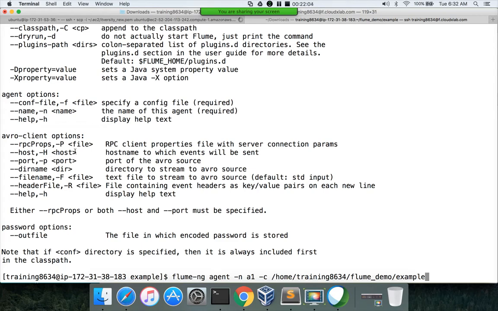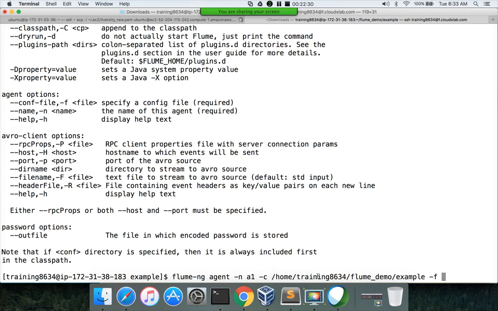And then if I want to define the file, I can use either --conf-file or -f. Here I have given the directory name. You can give the directory if you have only one configuration file in it. But if you have multiple configuration files within the same directory, then it will be confusing which one to use. So in that scenario, you have to say -f to pass the configuration file name also.